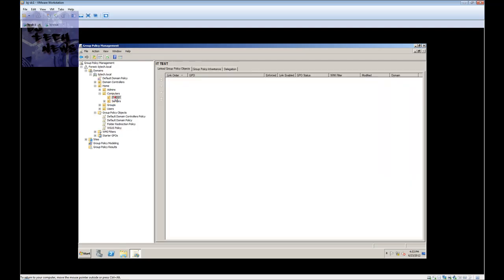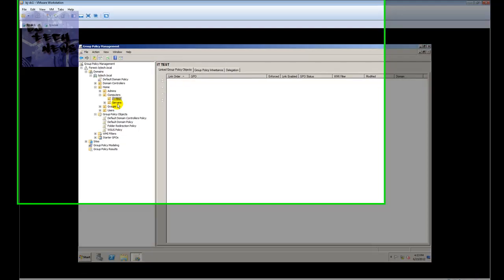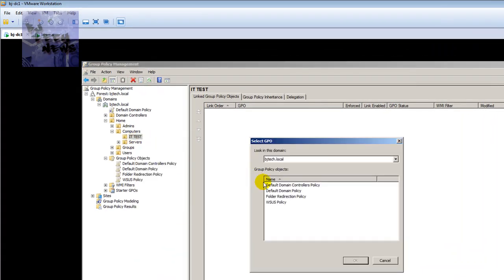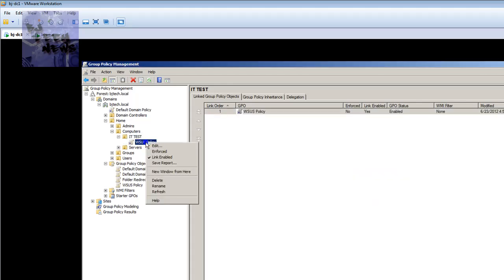Awesome. So what we're going to do is we're going to go into the IT test OU. We're going to right click, and we're going to link an existing group policy, which is this one. And I'm going to right click on it, and I'm going to enforce it. Okay, because I want it to be pushed down to the machines as soon as possible. So I'm going to go into my